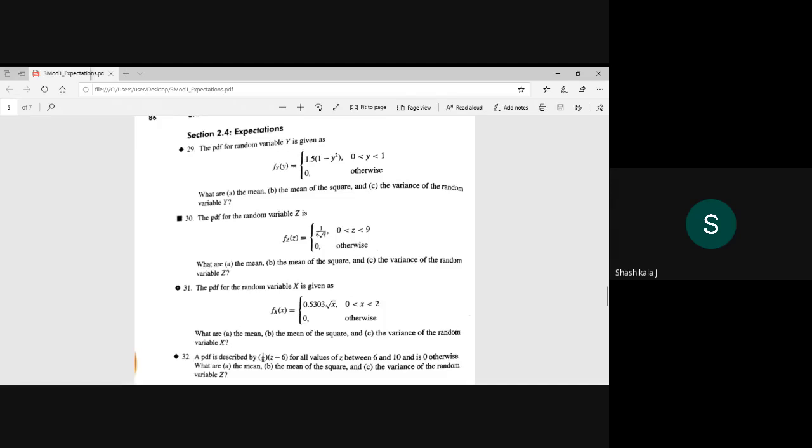Please at least write in the chat box, if you don't want to tell. What is the general expression for E of x? By looking at this problem, you can see that this is a continuous variable. No, it is a discrete variable. How will you find out this one? What is the expression?